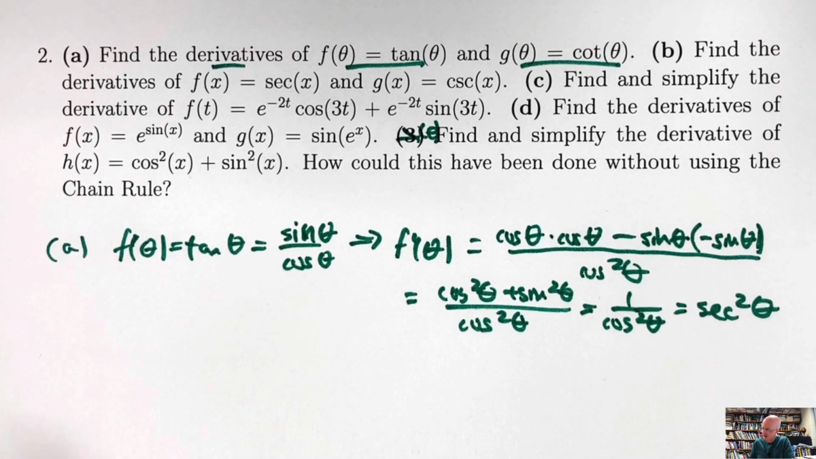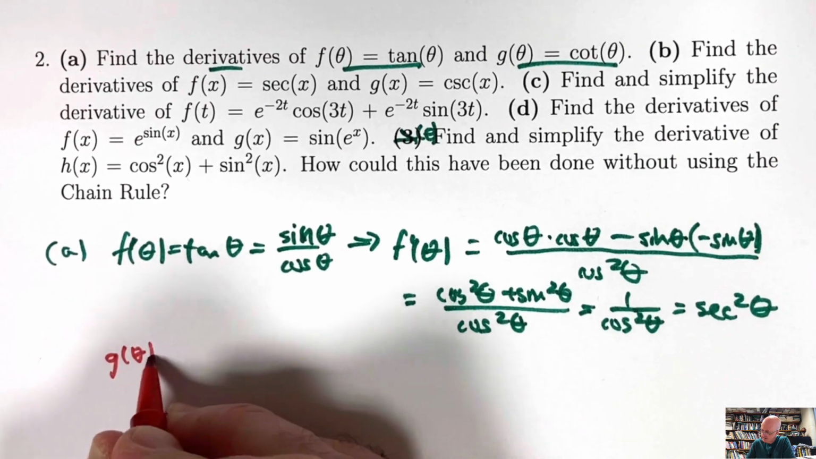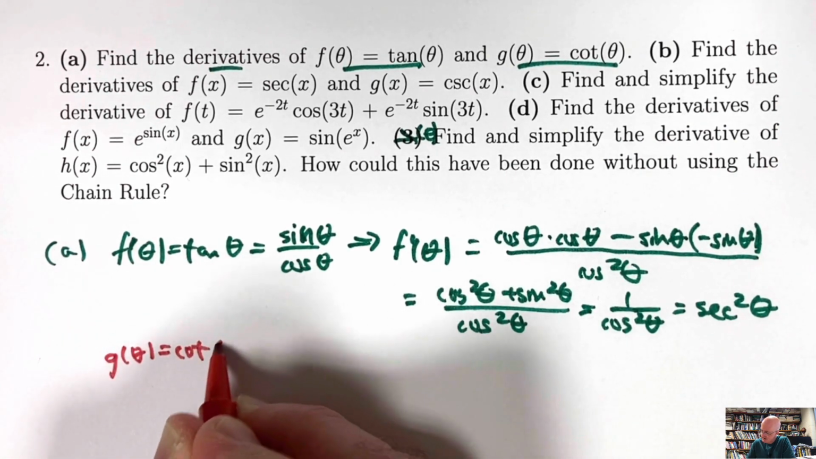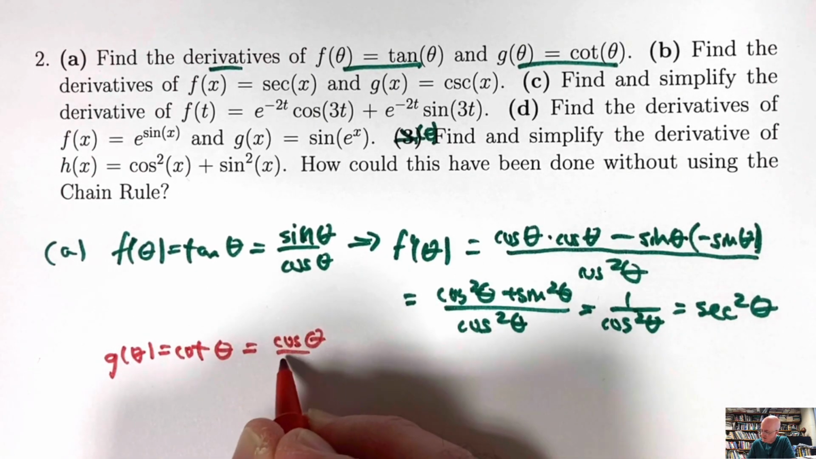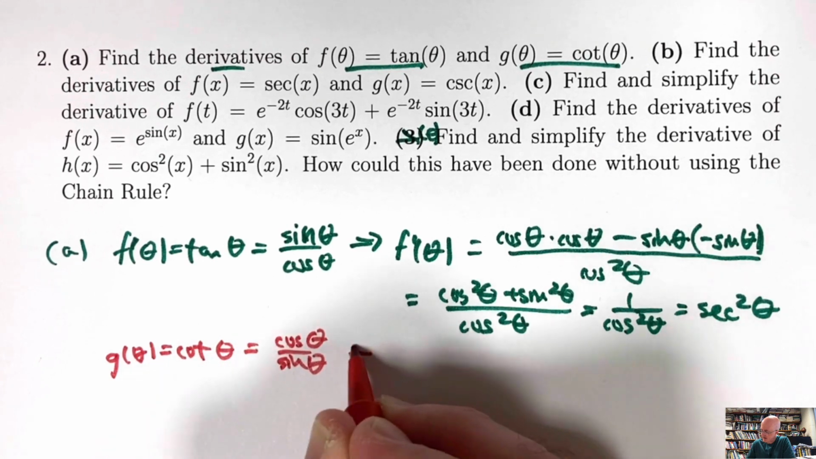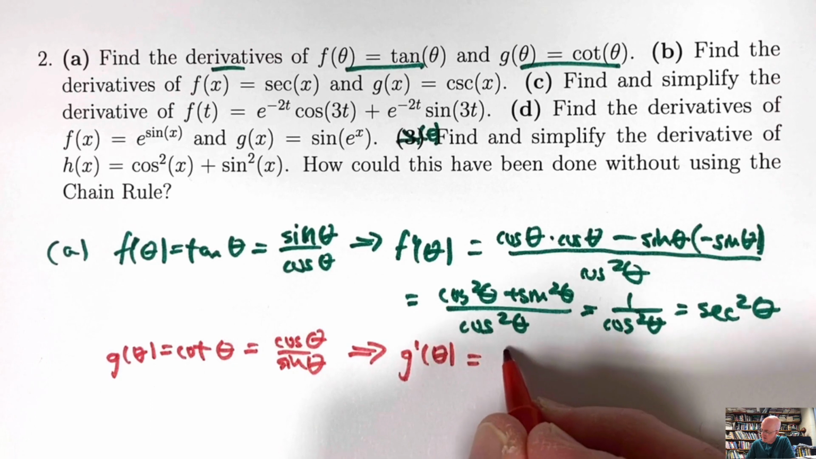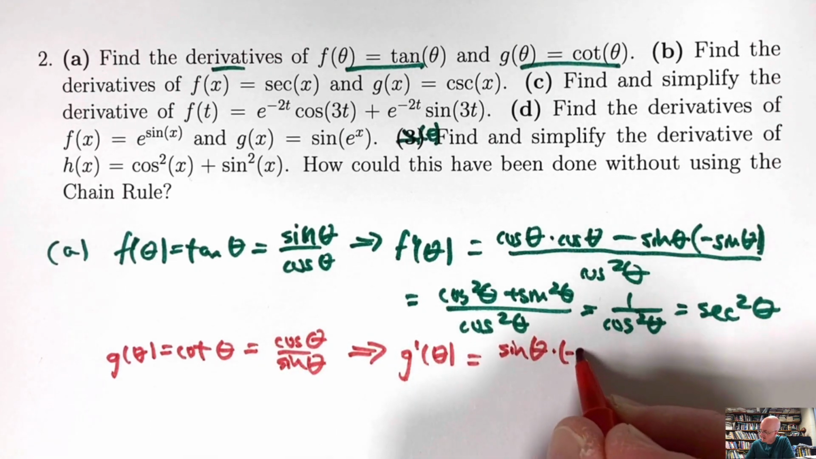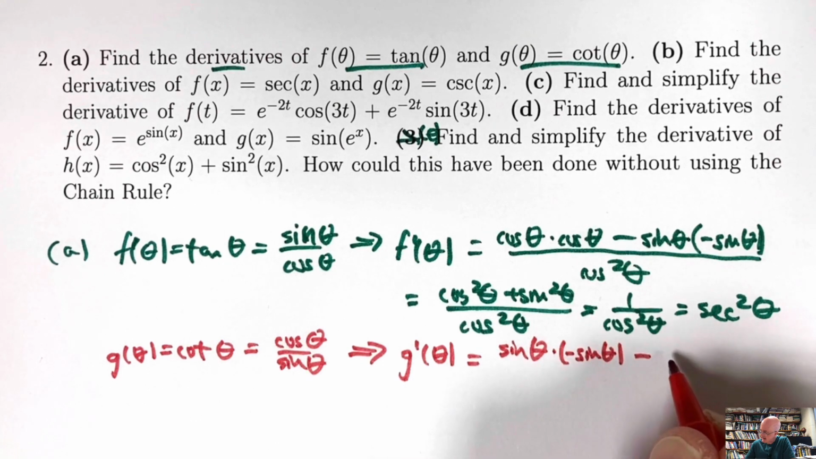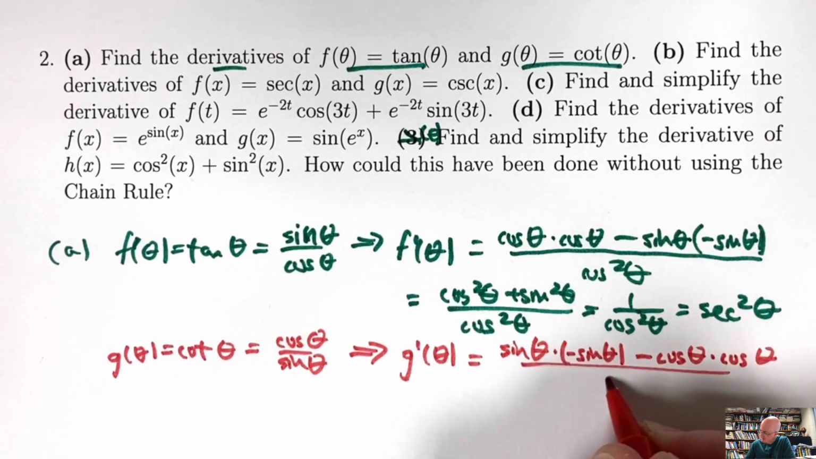All right. What about the cotangent function? If g of theta is cotangent theta, well, what is that? That's, by definition, the reciprocal of the tangent, which is cosine theta over sine theta. So that means g prime of theta, once again, we need the quotient rule. Low d high, derivative of cosine, is negative sine theta, minus high cos theta. D low, the derivative of sine theta, is cos theta. Over the square of what's below,